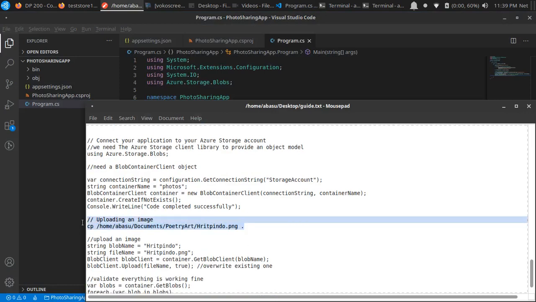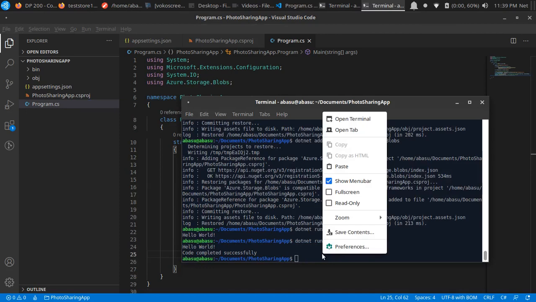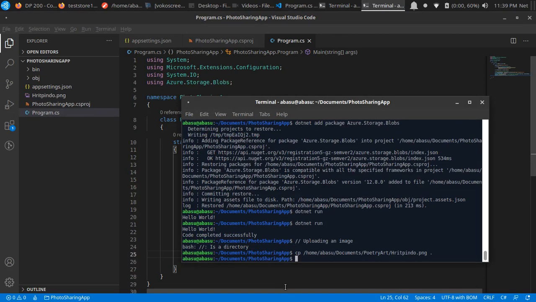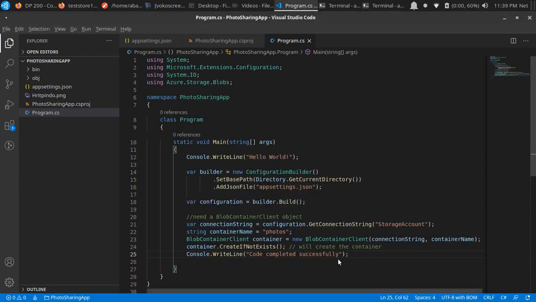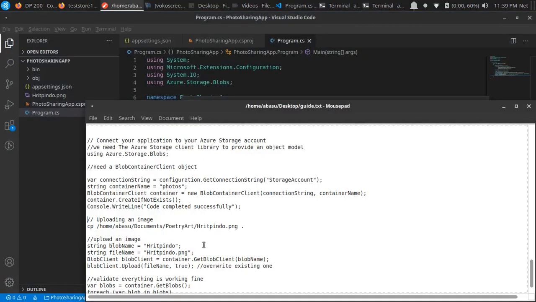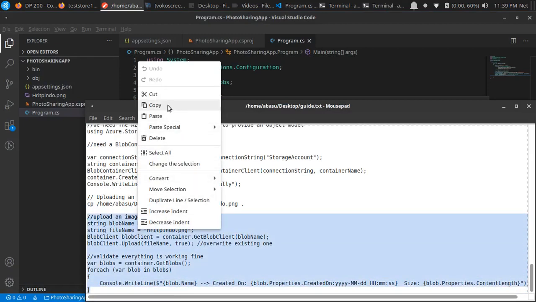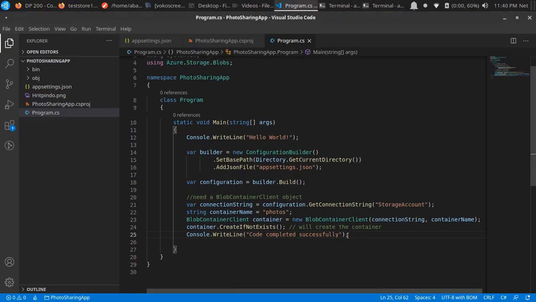So I have a sample photo. Now this is something you have to get from your own image. You can use anything you like, but I'm just gonna copy one of the images to this particular folder. Okay, and if I do ls on it, you see this particular photograph is now available. So what I want to do, I want to upload that image, and I want to write a very small code for that. So just copy this one, and if I come over here, so next uploading an image,